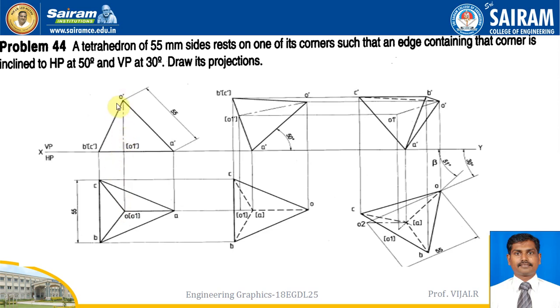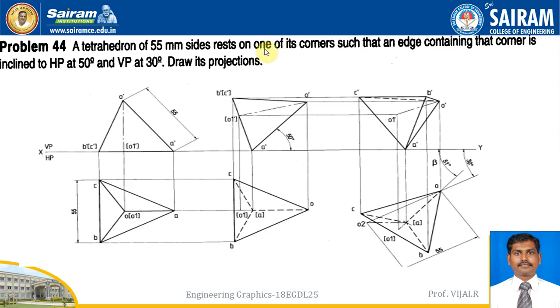Once the axis is drawn, from the point A, this is the inclined line of 55. So I make 55 with the compass and make an arc on the axis, and join this line. This is the apex. Once the apex is done, we can join the base edge, the BC edge, and we will get this as the front view. Once the front view and the top view are done, then we will go for the next position.